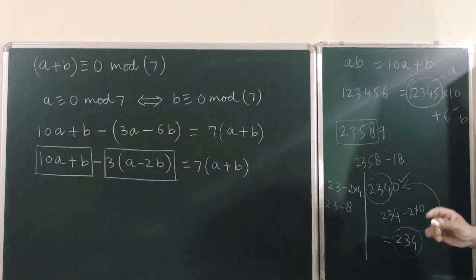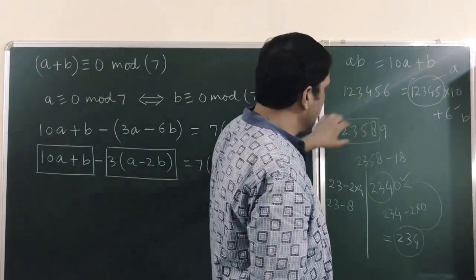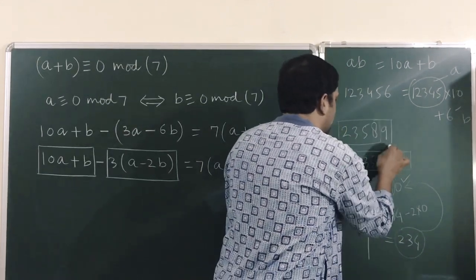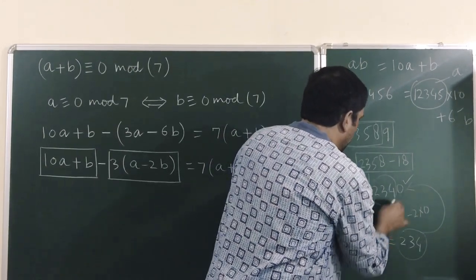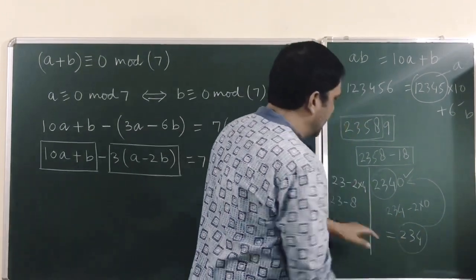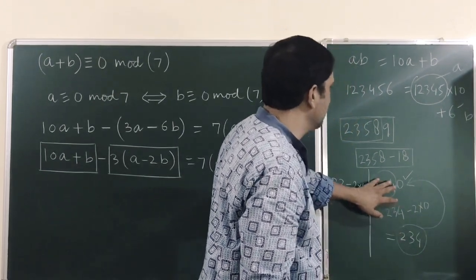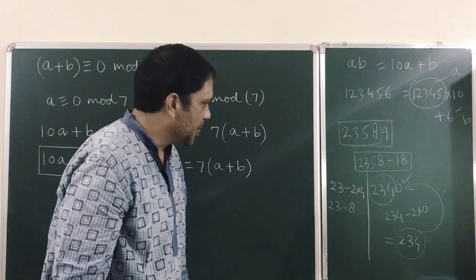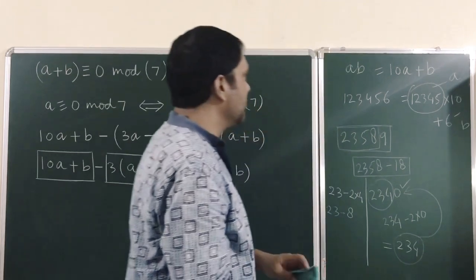So from there, 234's divisibility, if I'm checking that, I am confirming that this is not divisible, because each of the A minus 2B steps we are further breaking. It means, from 2, 3, 5, 8, 9, this number's divisibility: if I confirm this number is divisible by 7, I can confirm this number is divisible by 7. If I confirm this 2, 3, 4, 0, which you get from 2, 3, 5, 8, which you get from this one, and again this one. So in the backward direction, if this is divisible by 7, this is divisible by 7, and so on, then the number which we have taken in the beginning will be divisible by 7. But that is not the case in this particular problem. This is the way we will be approaching the problems, and this is one more way to find the divisibility by 7.